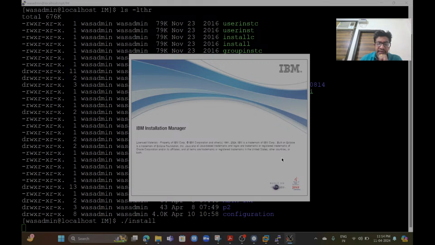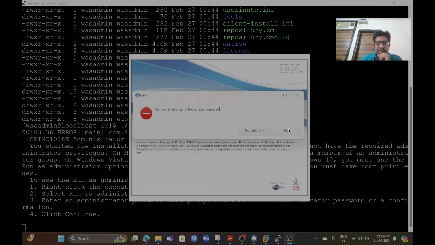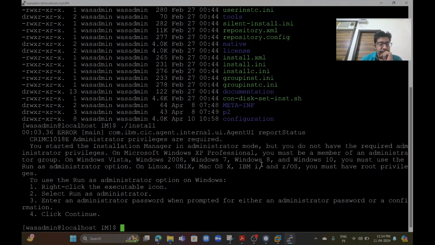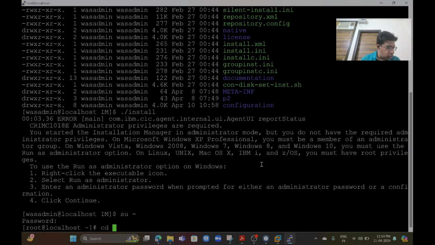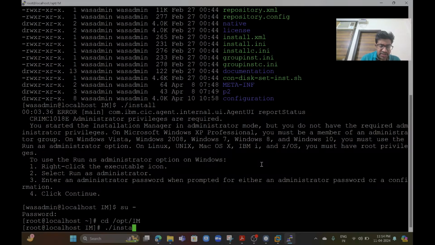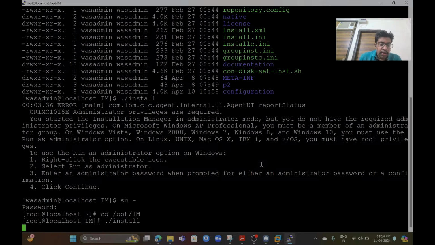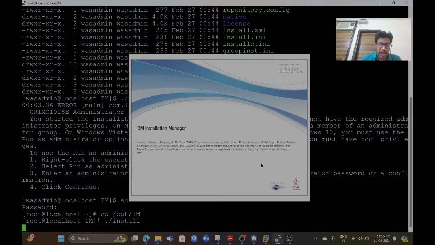WAS or iFix or Interim Fix, IBM Business Intelligence and everything. Need to go to root. Root permission is required for this. So I went to root and I ran ./install. By using this command to install the IM using GUI mode, I will show you how to install, update, and rollback the patches,